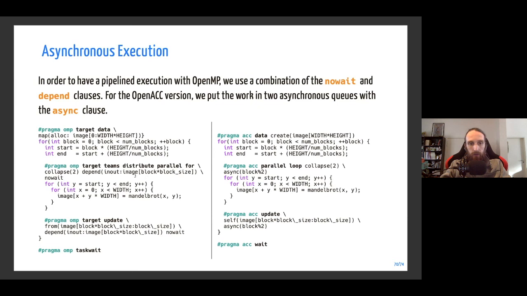And what we did also is specifying in OpenMP some dependencies. So these are dependencies that we indicate. So we say that for this block, the dependency will be this part of the memory, and I just specify the beginning of the block because it's sufficient for OpenMP to understand what the dependencies are by just specifying one element. So if the first element is finished, it means that the whole block is finished because it concerns the whole kernel.